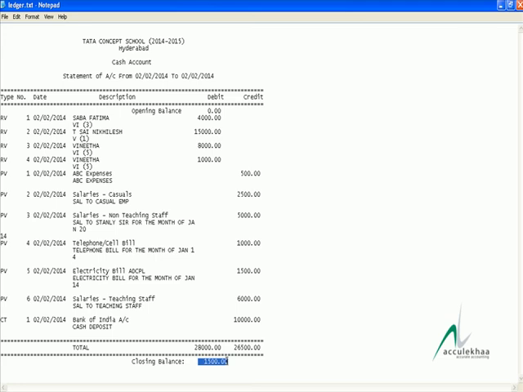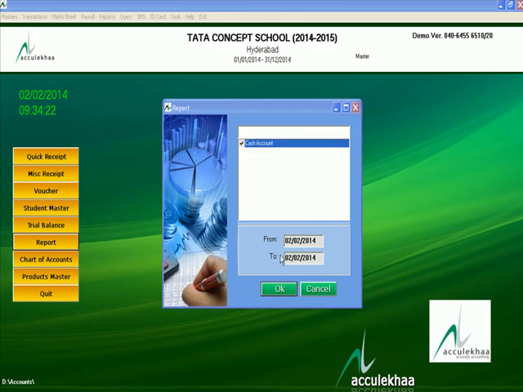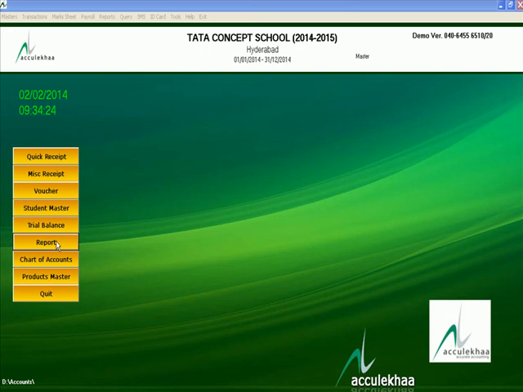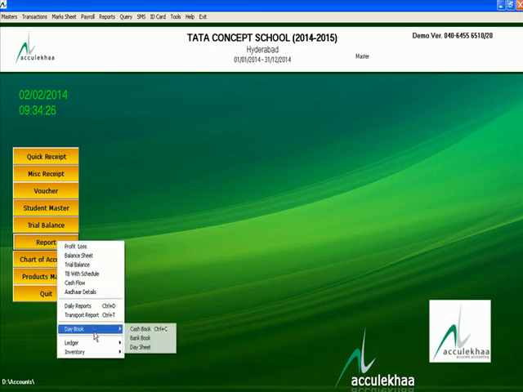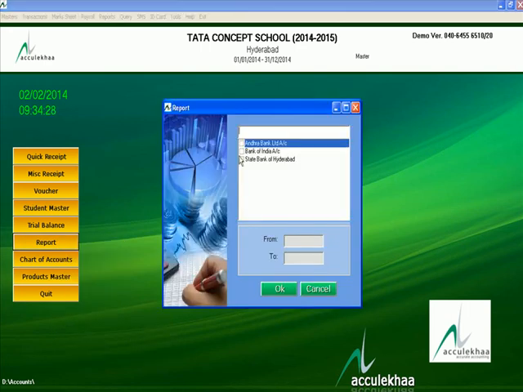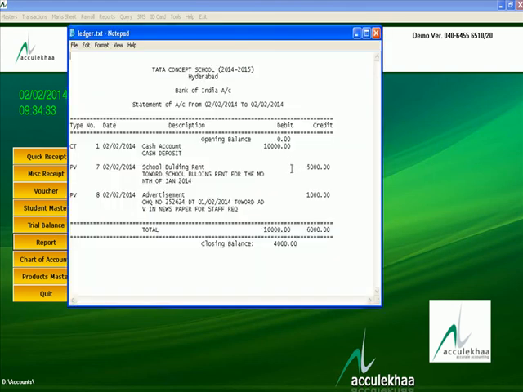Now your cash balance is 1,500, and you go to the bank book, report, day book, bank book, Bank of India, select the date, enter. 10,000 is cash deposited, payment voucher school building rent 5,000, advertisement check number toward the staff recruitment 1,000. Your bank balance is 4,000 rupees.